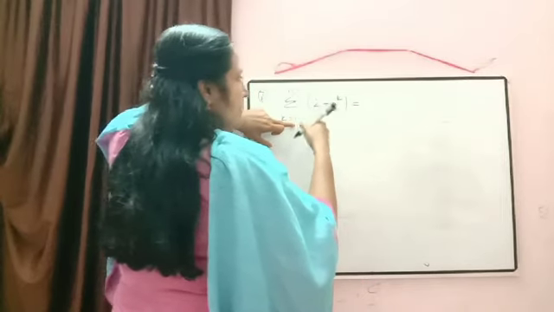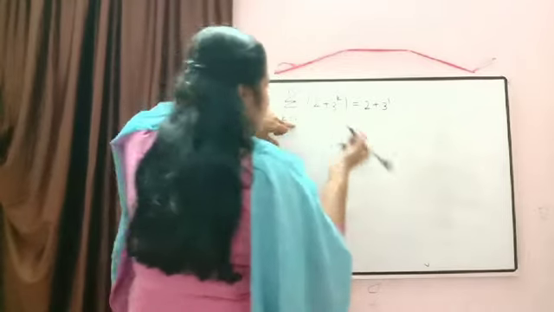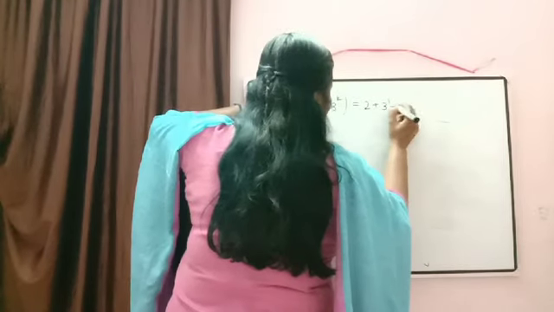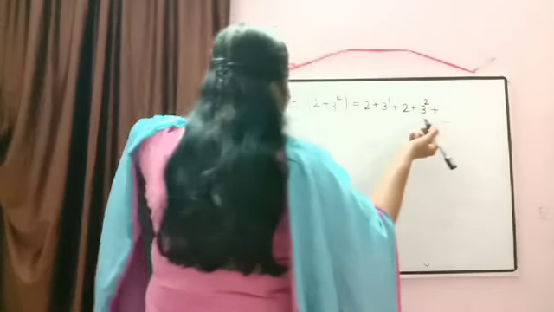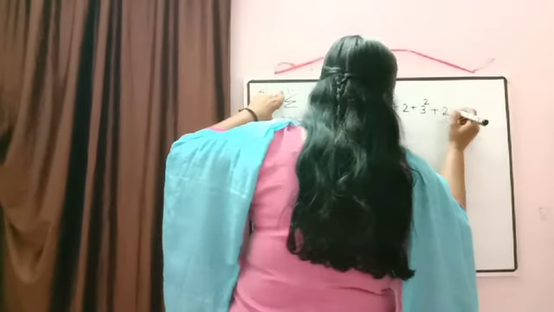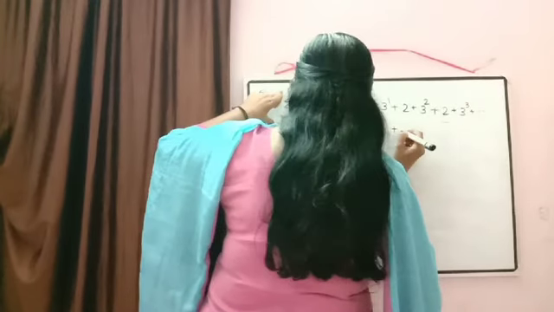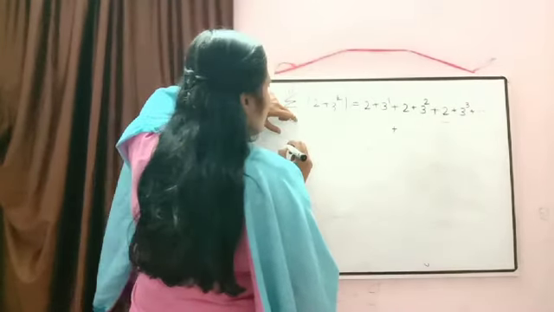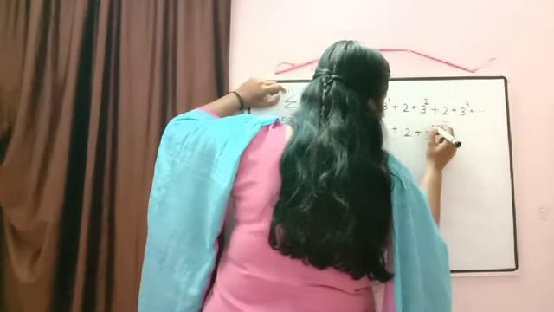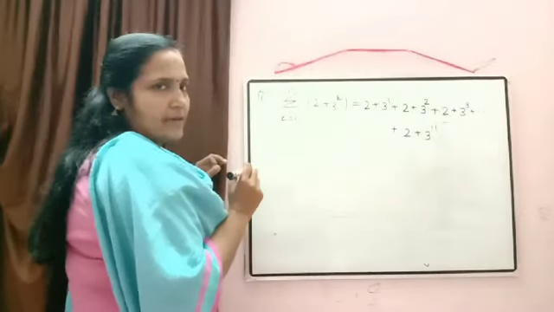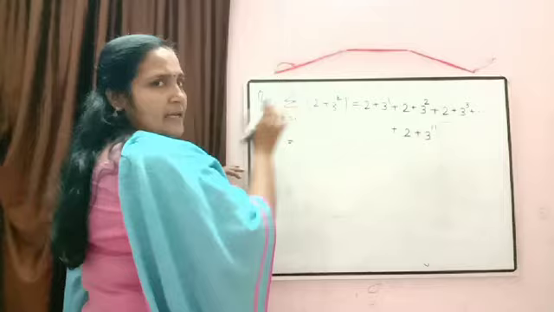So if we take k is equal to 1, the expression will be 2 plus 3 raised to 1. Then next, when I take k is equal to 2, it will be 2 plus 3 raised to 2. Then k is equal to 3, then it will be 2 plus 3 raised to 3, plus etc. Till where do we have to take? k will take the values from 1 to 11. So the last one will be 2 plus 3 raised to 11. So in this way our expression will come. In short form it is written in this way.